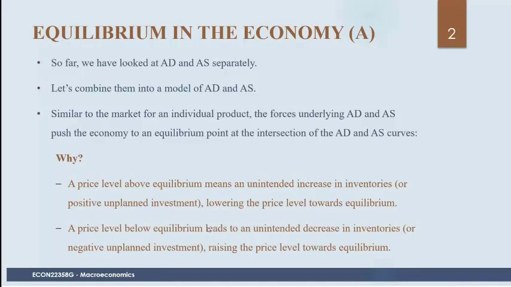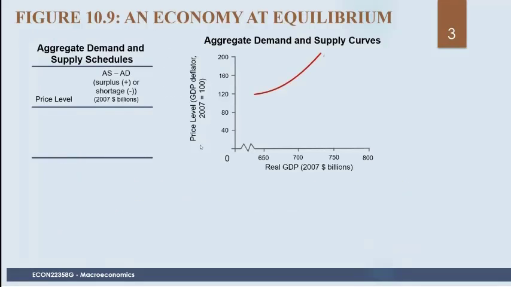They don't want to hold on to that inventory, and if the price level is below the equilibrium, that would result in an unintended decrease in inventories, or negative unplanned investment, and that would raise the price level towards equilibrium. So again, similar to a single market, there's a story for why the economy would move towards the intersection, right? So if here the price level was above the equilibrium at 200, we would have a